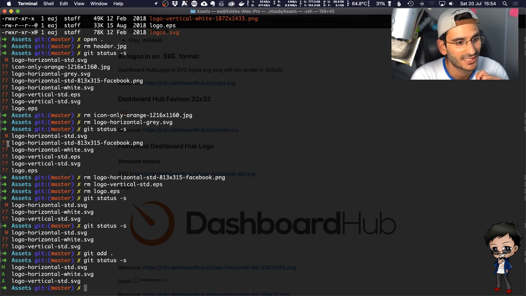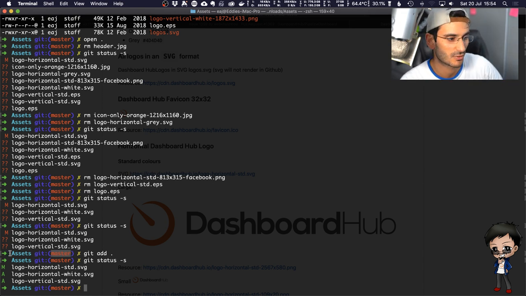Git is enormous and I don't claim to know all of it. But what I would like to explain is that if it's in the right column, it means it's unstaged. And if it's in the left column, as you can see down here, now it's gone MA. M means modified, A means added, but in the left column it means it's staged. And if you like my terminal, I'm using ZSH, it tells me what branch I'm in and colors my terminal quite nicely.